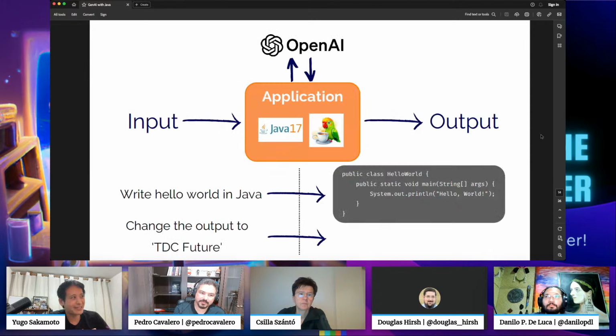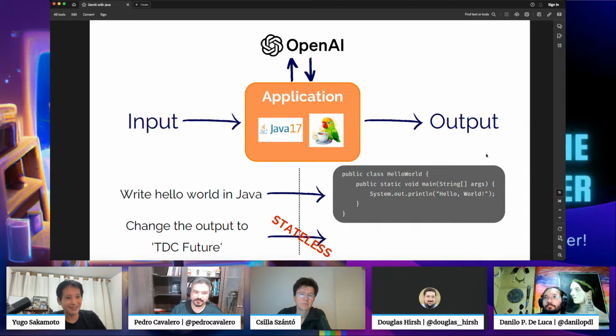So when I write hello world Java, and then I ask the model to change the output of the future, then actually I will have a problem here, because these models aren't stateful; they are stateless. So they don't keep in memory the previous prompt input. So how does it actually work then? Because ChatGPT, when I type, remembers what I typed before.